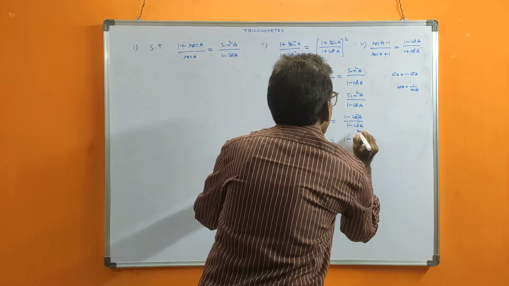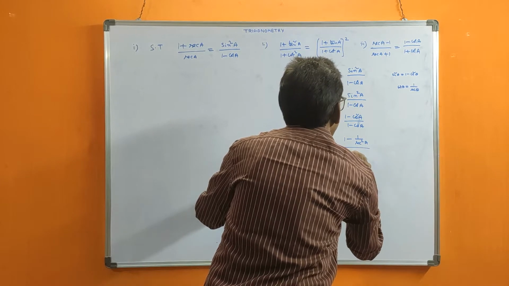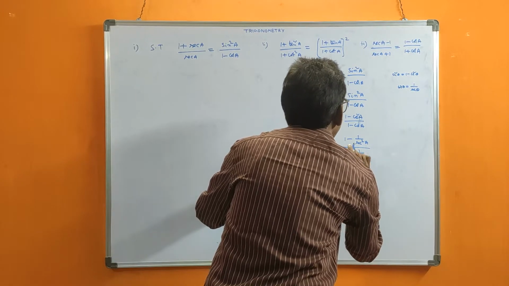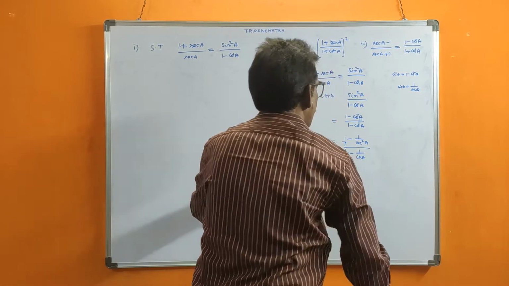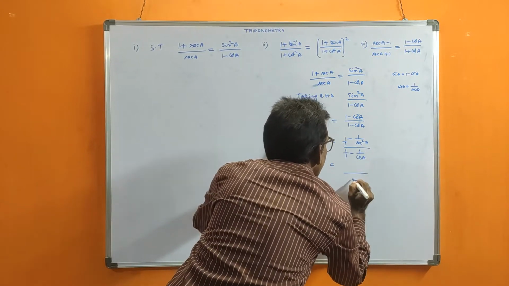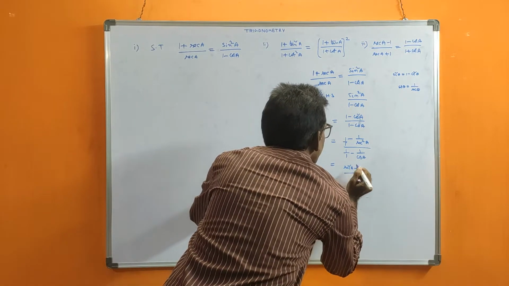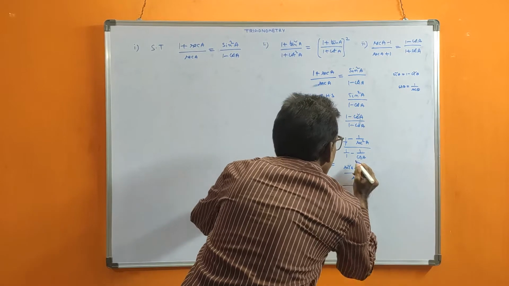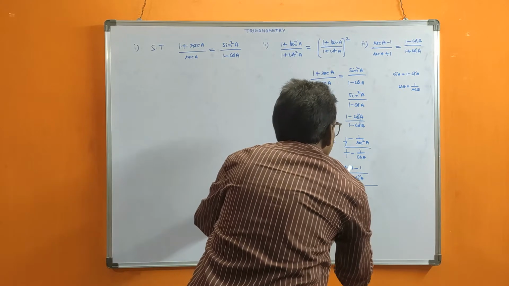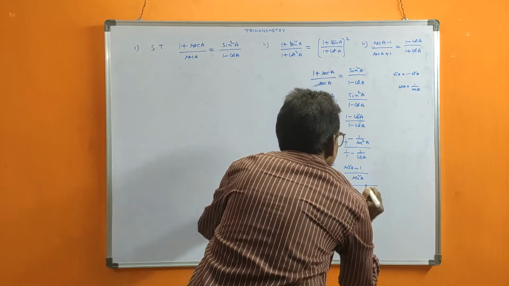For that, instead of cos, we can write 1 by secant. Square is there, so you write the square; by 1 by, here square is not there, so 1 by cos a only. Here write 1 by 1, because of fractions. Now, see, here secant square is the LCM, so secant square a times 1 minus 1 into 1. Next down, only cos a is the LCM, because 1 is there: 1 into cos a minus 1 times 1 into 1.